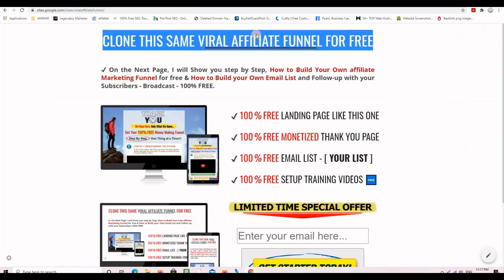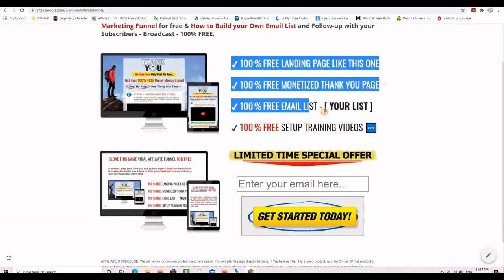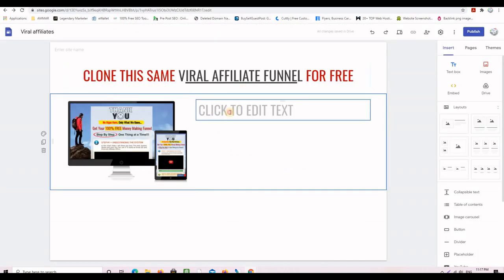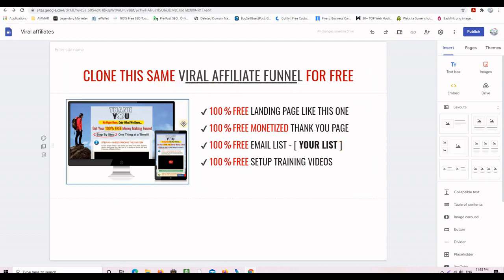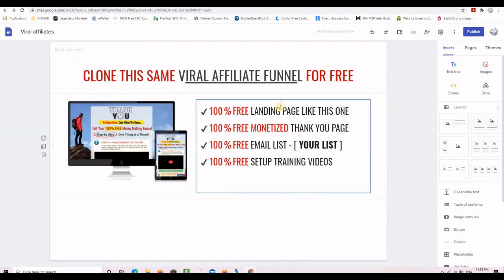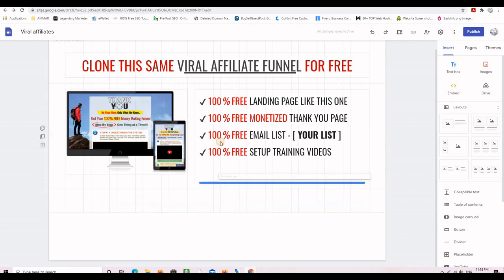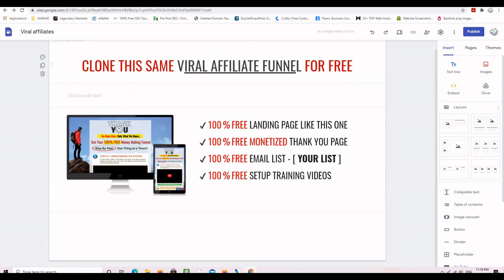So what I'm going to do, I'm going to the landing page and then bring these bullet points just like this. Control C, copy, and then I will just Control V to paste them here. Now there was a paragraph between these two sections here, so no problem. I'm just going to click on the text here, and then I will drag it and drop it anywhere I want. So I want to put it actually here,